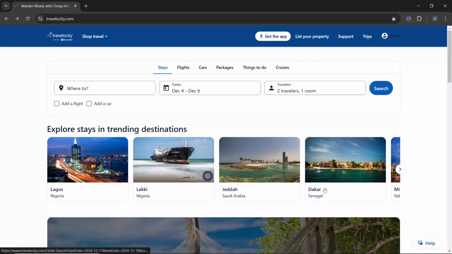Hello, in this tutorial, I will show you how to change language on Travelocity app. First, I'd like you to know that the Travelocity web app does not provide direct option to change the language within its interface. However, the language displayed on the website typically depends on the region or country version you are